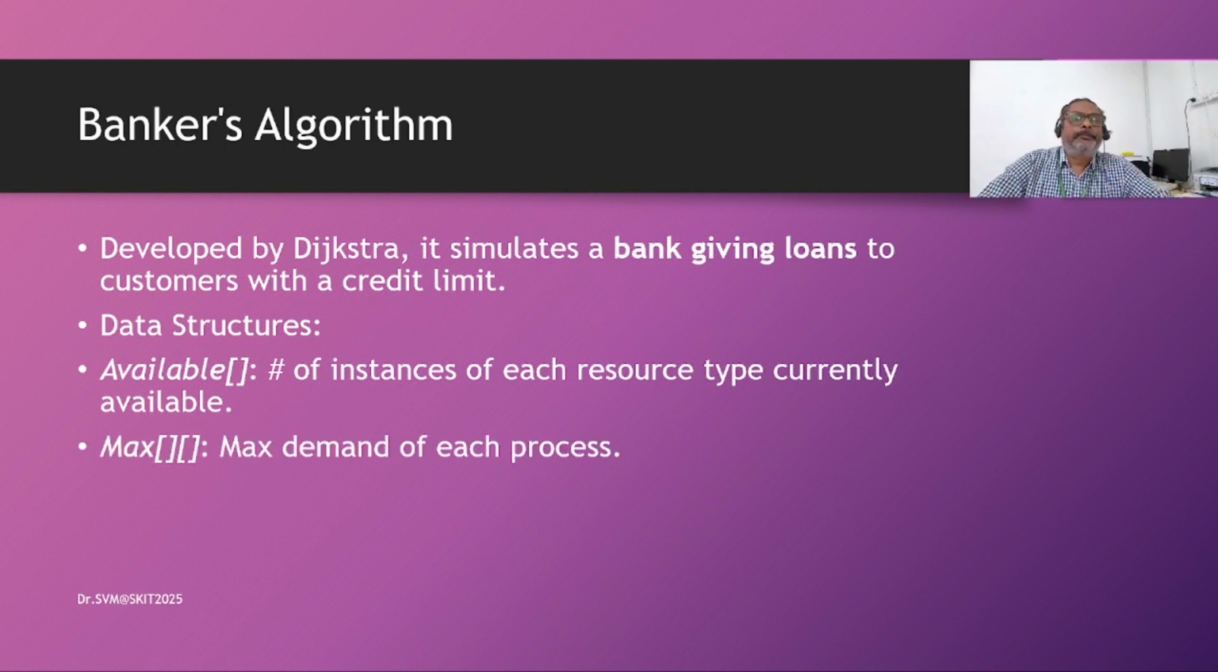That's Available. Next is Max, the maximum demand of each process. Each process says that it wants this number of instances of this particular resource, this number of instances of the other type of resource, and so on. So Max is the demand of each process. That means for every process there will be one vector stating the maximum requirement of instances of